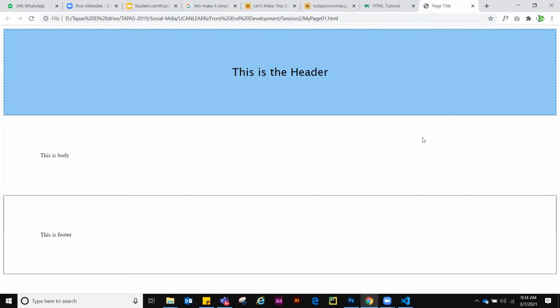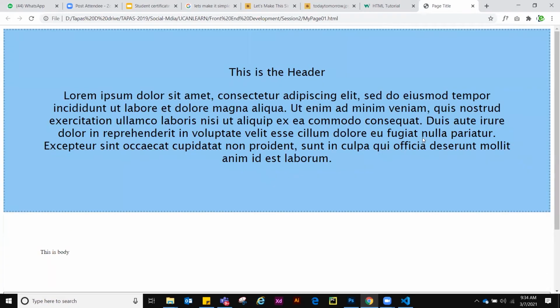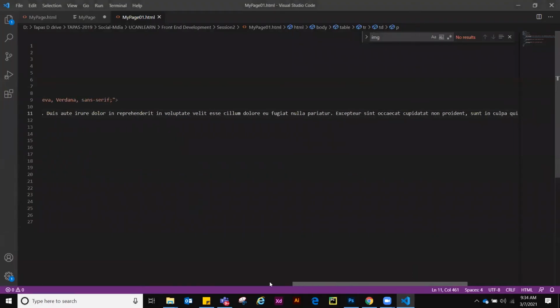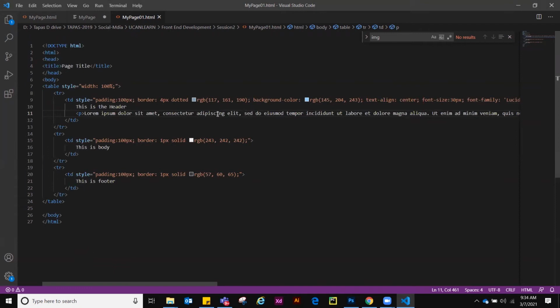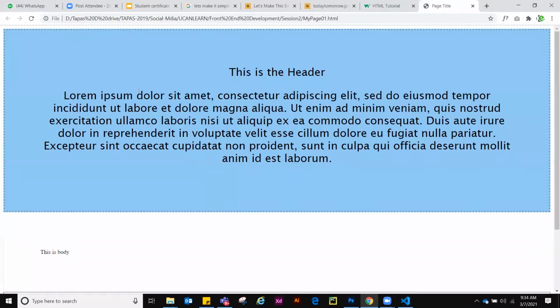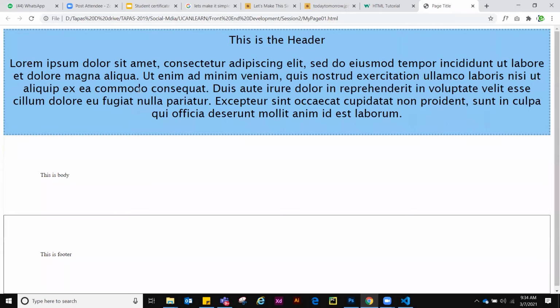Now this is our page. Okay. Now can you see the problem? The problem is, see, as I have given a padding, we have given a padding of 100 pixel. For that reason, the entire part is getting padded 100 pixel from top, bottom, right and left. Yes. Okay. So yes, in this case, let's make it simple. Why use this much amount of padding of 100 pixel? Instead of this, you can make the padding 10 pixel, right? Number one. See, now it's looking good.